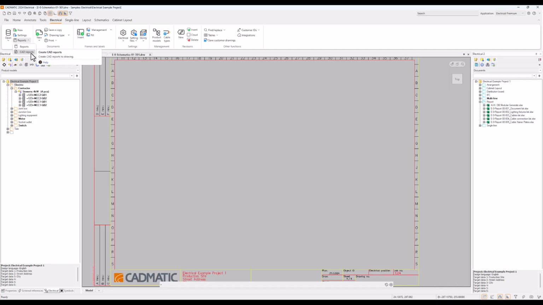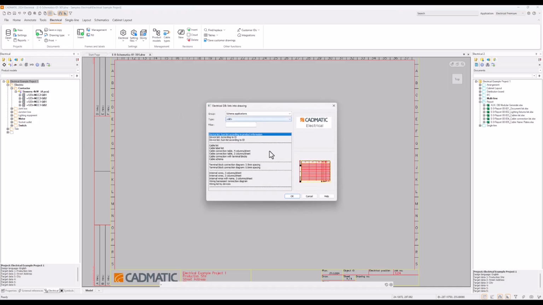So this will create a CAD drawing, whereas the other reports will create an Excel or PDF report. Select the CAD reports and here are some list types that we can create. Select the cable connection with terminal blocks. You can check out the rest of the list. They work just the same as this one. You can check the headers from them, and you can quite easily see what they are about. Then press OK